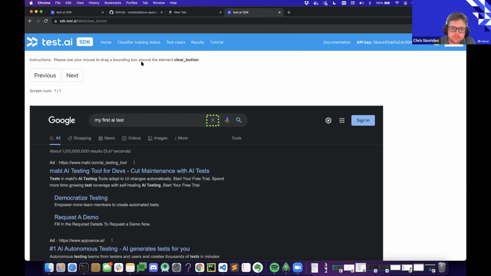Is there any change in the previously captured image, for example a text box? How do you handle it with Test AI, and how can changes be modified? I think I talked a little bit about this with the shopping cart example. It can grow and change as you add more data, more examples.